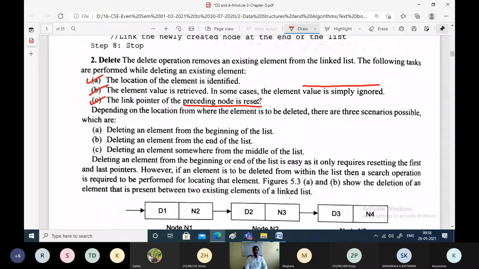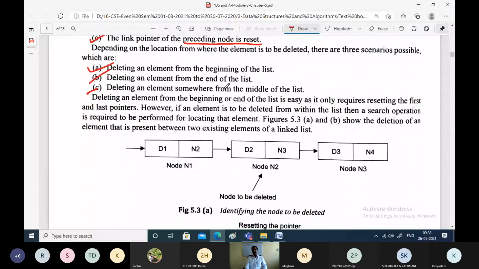Depending on the location, as I told, we can delete an element from the beginning of the linked list, from the end, or somewhere in between. The more complexity lies in deleting somewhere in between. In all the cases, we have to search for the element in the linked list first.